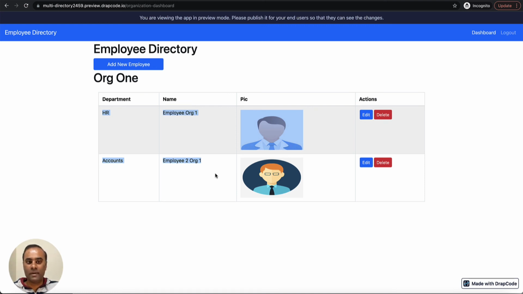So this basically completes the flow of a multi-tenant application where each tenant is able to access only the data which belongs to that particular tenant, right? Everyone will see their data. If you create n number of tenants, everyone will only see the data which belongs to them. Hope this is clear now.